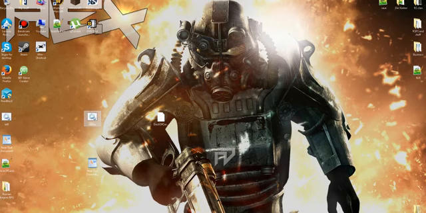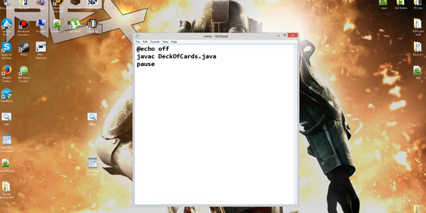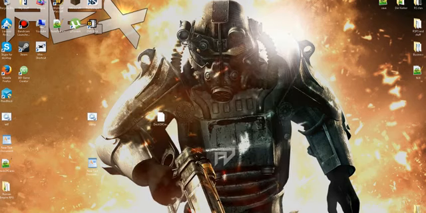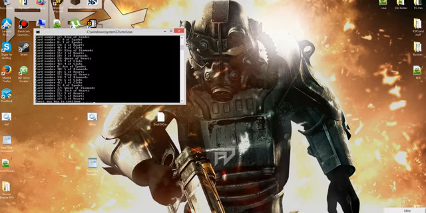A lot of people don't know that, but for now I'm just going to edit my compiler and take out this .java and then take out the c so I can make a quick run. On run you do need pause because it will not run if you don't. So alright, the amount of cards I have selected is